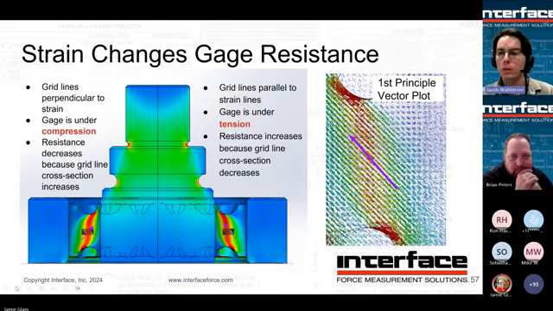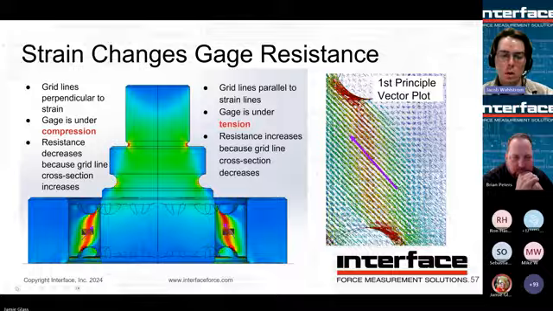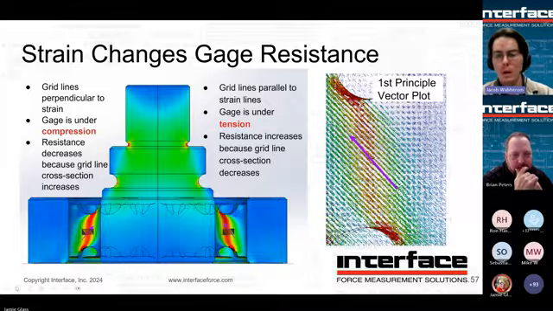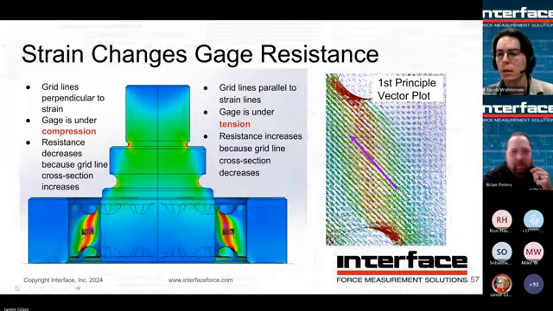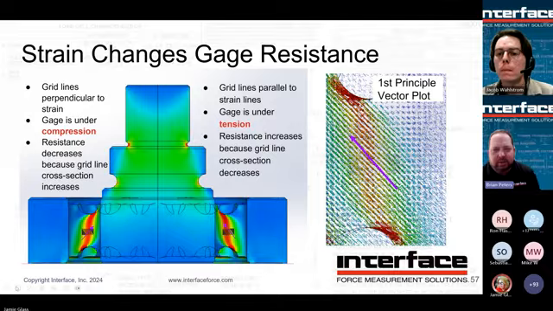So kind of going back to the tension and compression that we talked about earlier, you can see in the photo on the bottom left that the grid lines on the right are directly aligned with the strains, while the grid lines on the left are 90 degrees to that. And so the one on the left is going to be the compression gauge. And you can kind of think about how it's going to stretch the grid lines kind of hamburger style, right? While the one on the right is going to stretch it long ways, which is going to increase its resistance. Right. Next slide, please. Actually, Jacob, if I can touch on 2 points here,